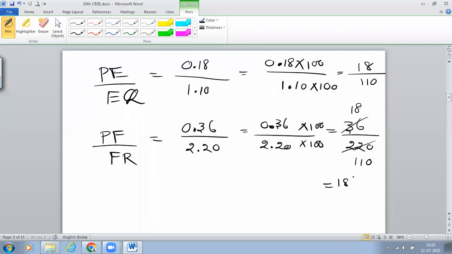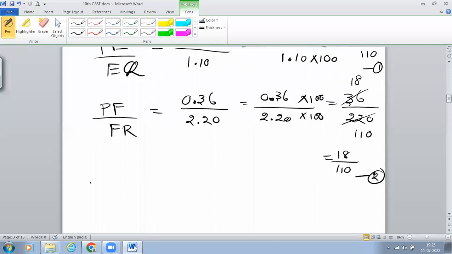So the answer is 18 by 110. Now see here, let it be equation number 1. This is also 18 by 110. Here also we got 18 by 110. Equation number 2. So from equation number 1 and 2, what we can conclude is,